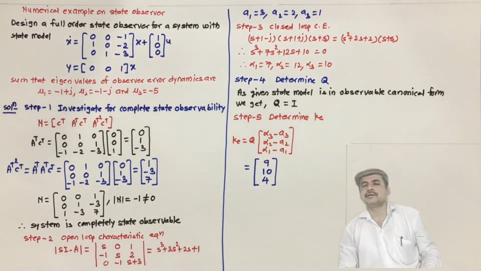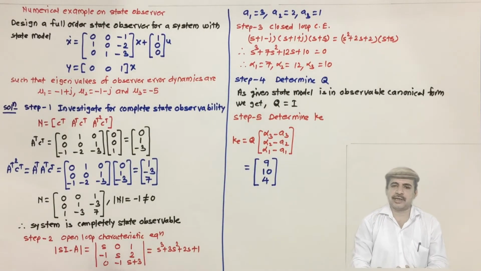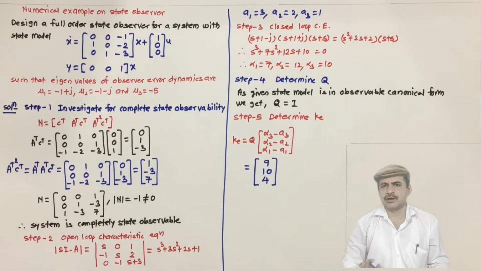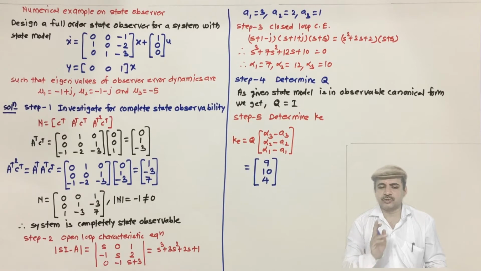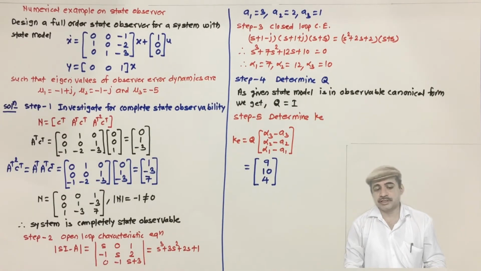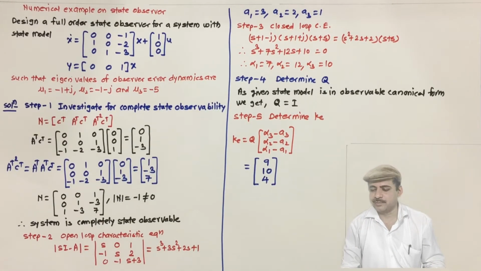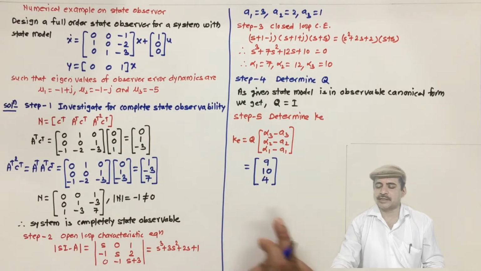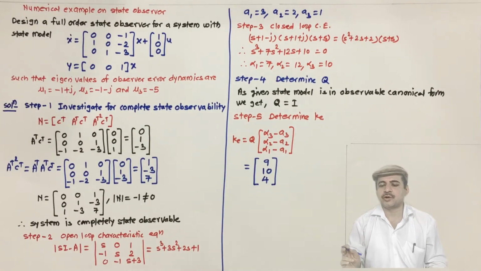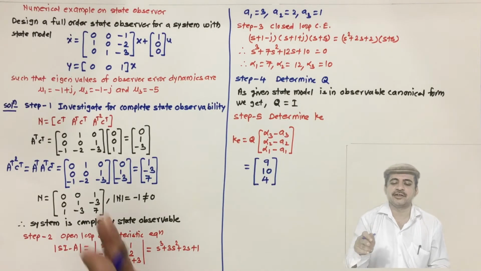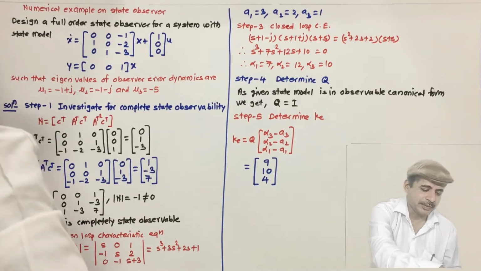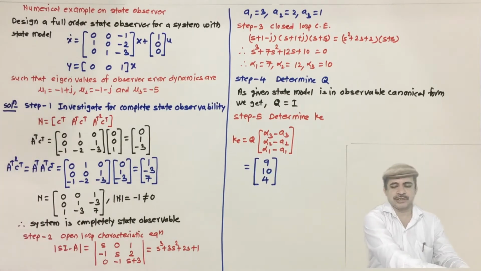So K is 4, and this we have obtained by the similarity transformation matrix method. The same answer should come by the other two methods also. But now you do one exercise: revisit the video on the pole placement problem, and you will find that in that case K was a row matrix 9, 10, 4, because what we have done is consider exactly the dual system of that system. This is just to verify the principle of duality as well.